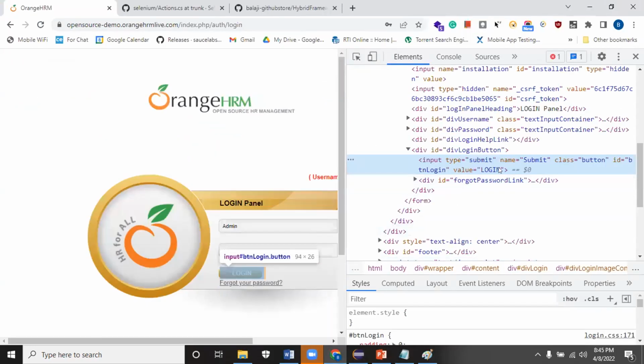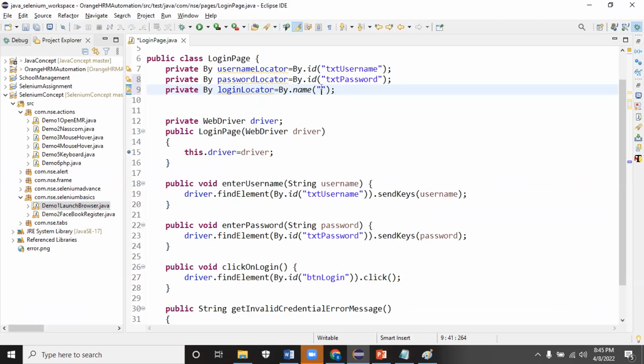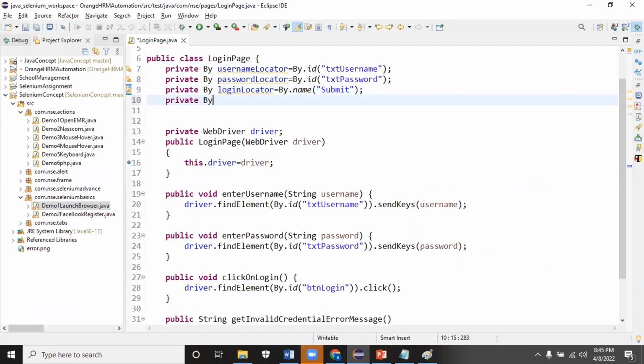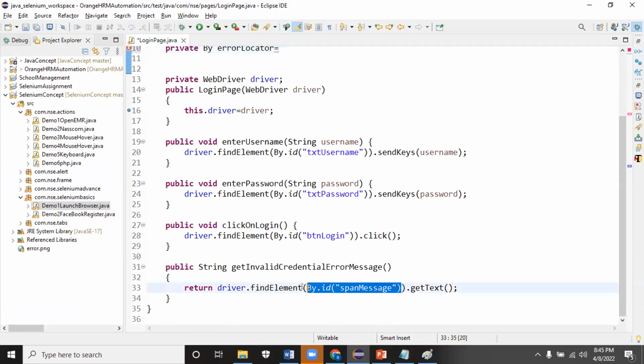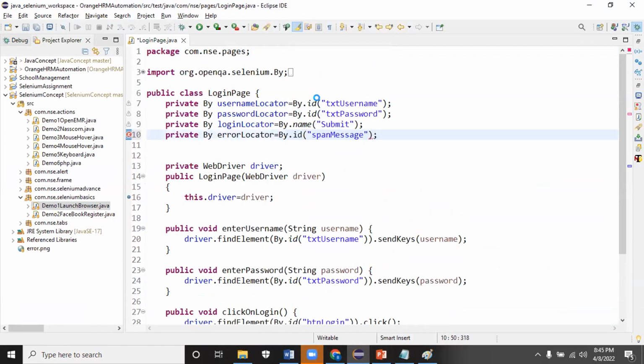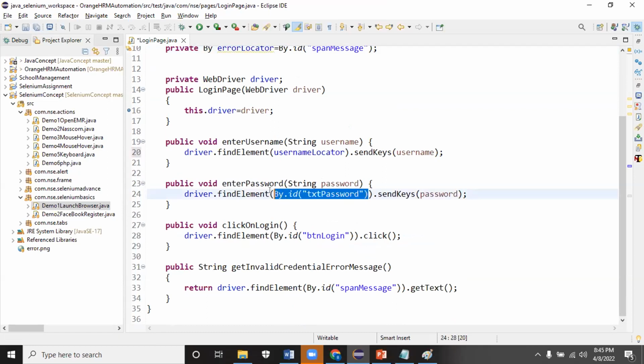Now, by going into that particular class, you will understand. Submit this. At the top itself, you will be able to see all the locators, and the private By error locator, the error message locator. Instead of giving this By.id, By.name and all these things, you will be passing this variable name. How are we going to find the element? Using this By username locator. Password is also By type, which you'll be giving here. Password locator over here. Login locator. And then